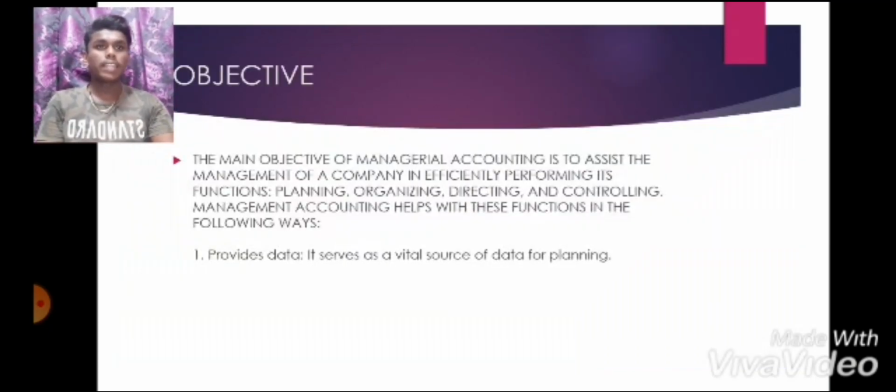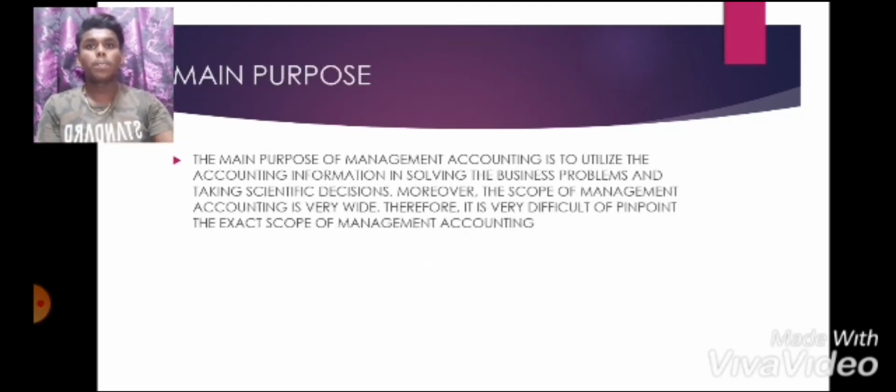The main objective of managerial accounting is to assist the management of a company in efficiently performing its functions, that is planning, organizing, directing and controlling. Management accounting helps with these functions in the following way: it provides data. It serves as a vital source of data for planning. The main purpose of management accounting is to utilize accounting information in solving business problems and taking scientific